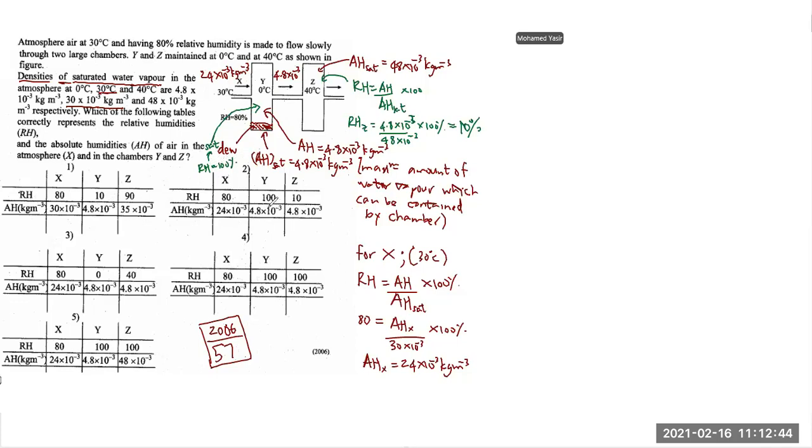So the first answer is definitely wrong because RH is not 100 in Y. This is also wrong because they are saying it's 0 in Y. Okay, 100, 100, 100. These 2, 4, 5 are possible. And going back to Z, RH has to be 10. These two are out because here RH is 100. You are sending 4.8, but here it can have a maximum of 48. Therefore, the correct answer for this question is the second one.